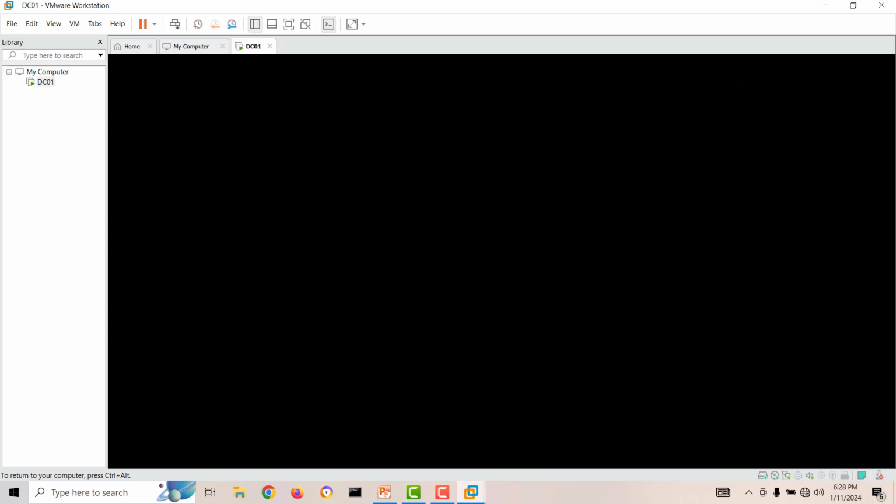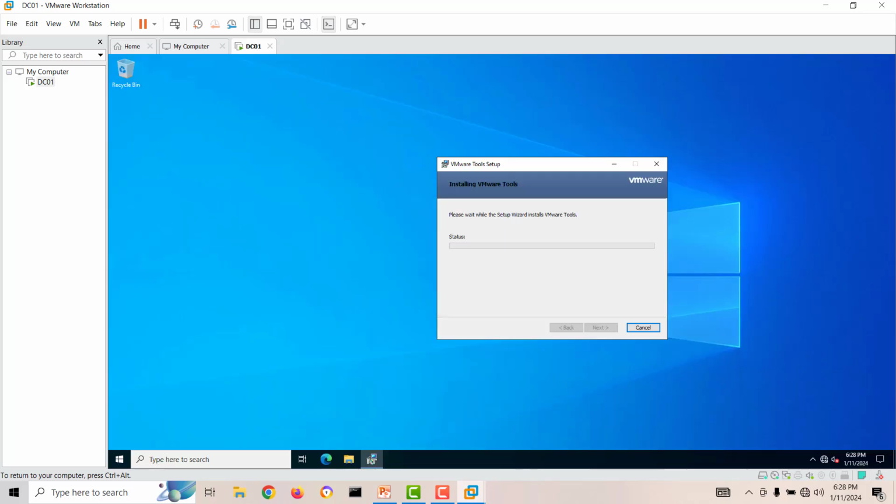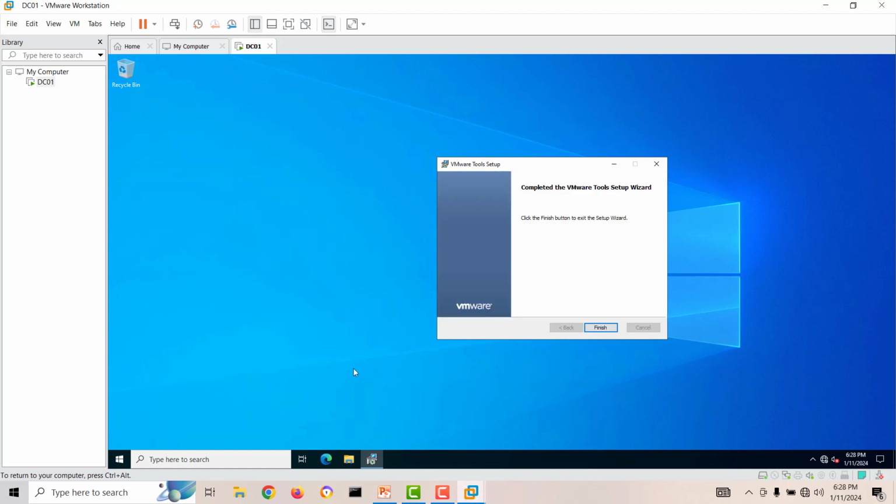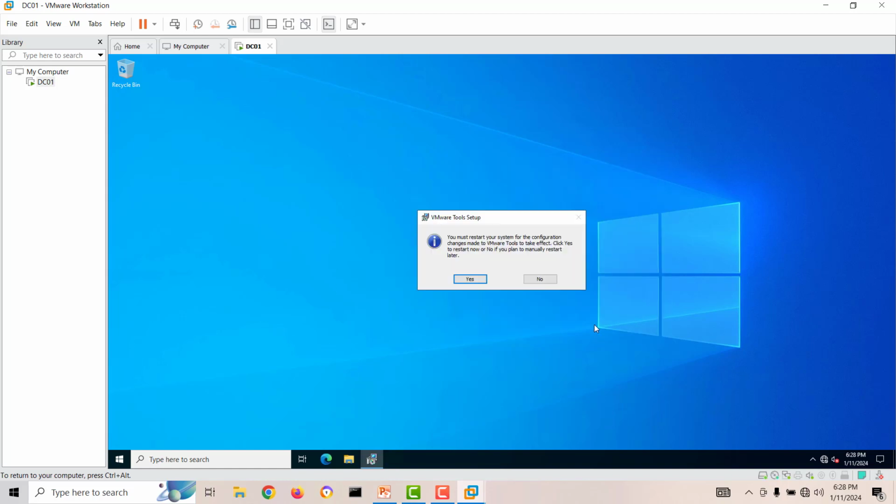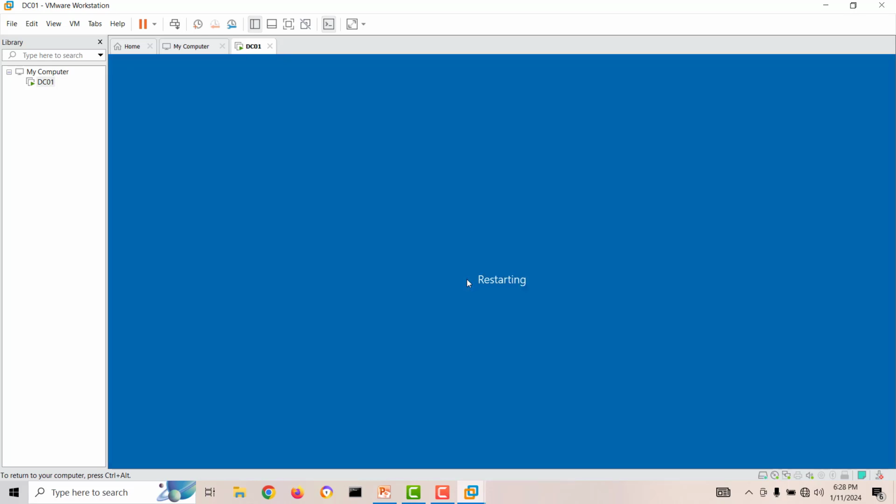Okay, see, it's already populated. So we'll go for finish and then one time restart. So now server looks